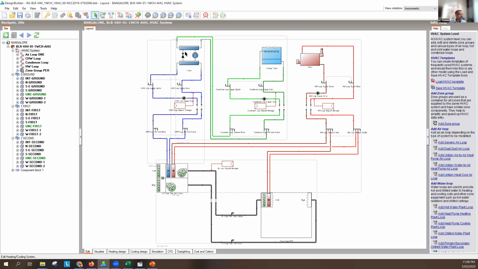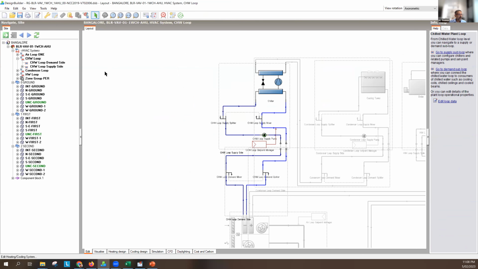Okay, so if we start with this chilled water loop, you can see here all loops in Design Builder reflect what EnergyPlus does. And EnergyPlus talks always about a demand side loop and a supply side loop. Okay, so if you go and look at this chilled water loop,